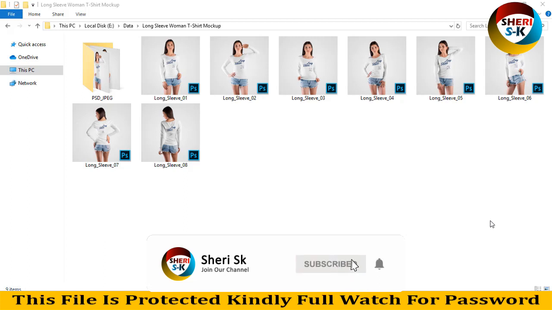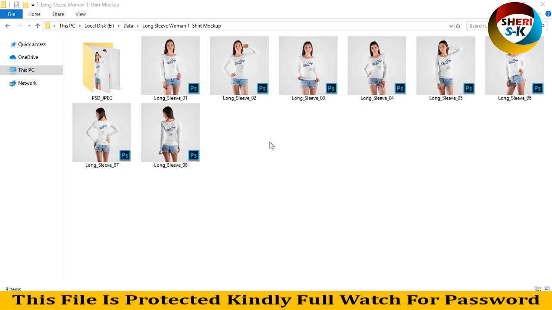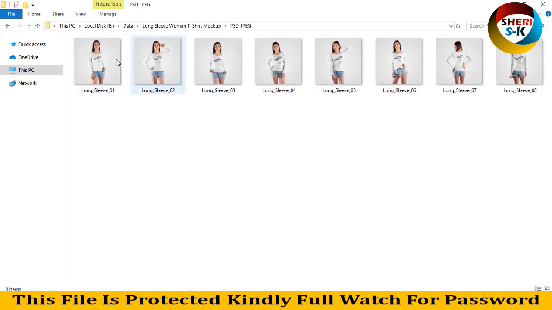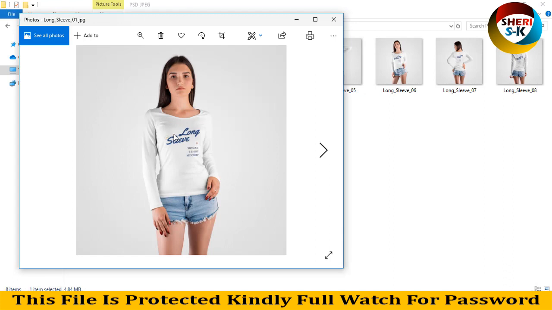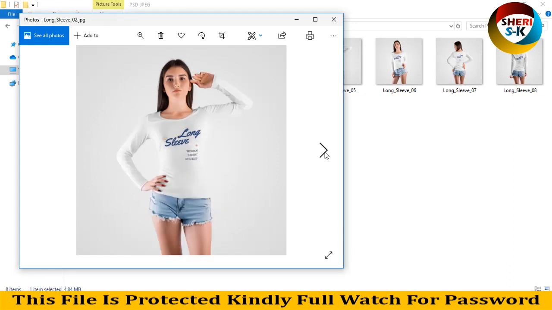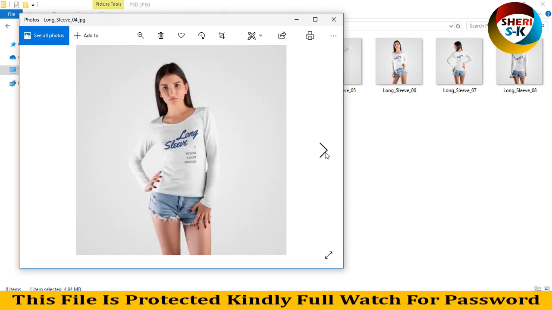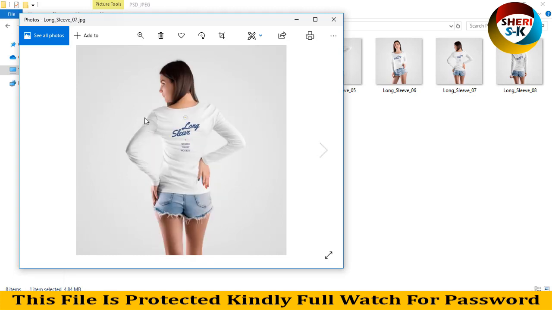Today I have a mock-up of long sleeve women's t-shirts. Here is an 8-file PSD for Photoshop CC users, and here is just a preview JPG file like this. You can import your text here, or your logo, pictures, etc., if you want different shapes or different styles. Behind you